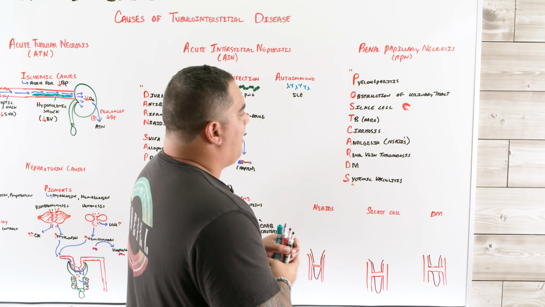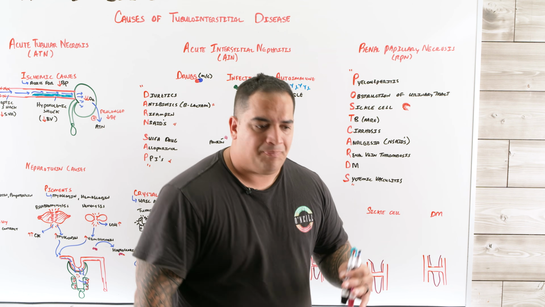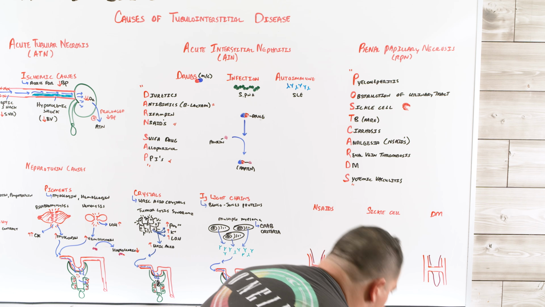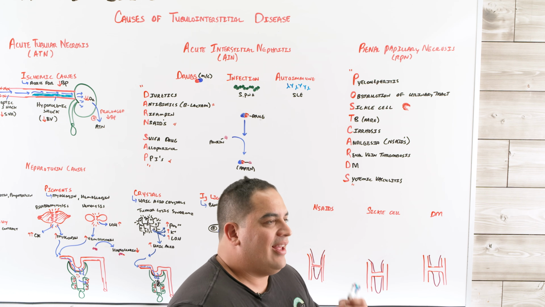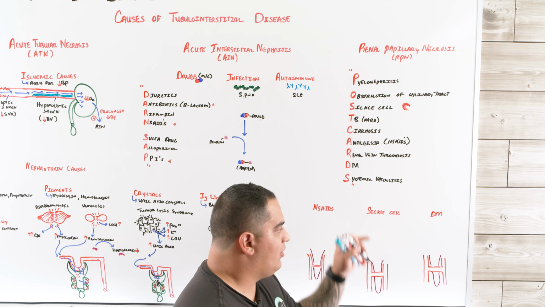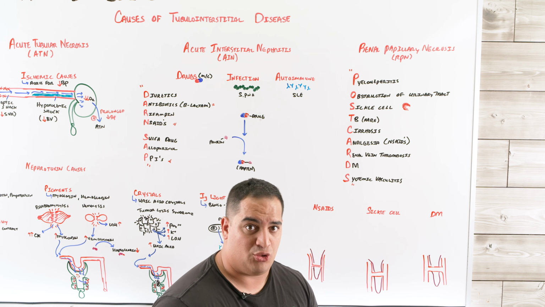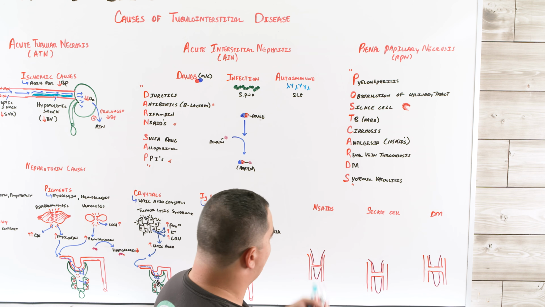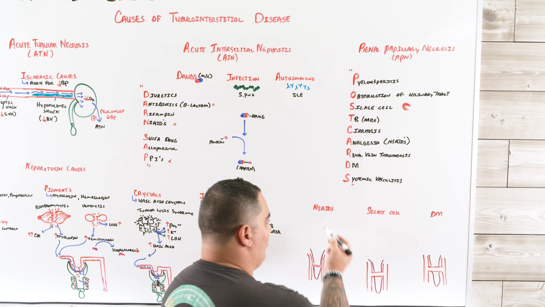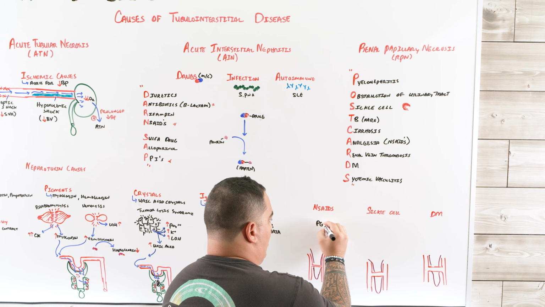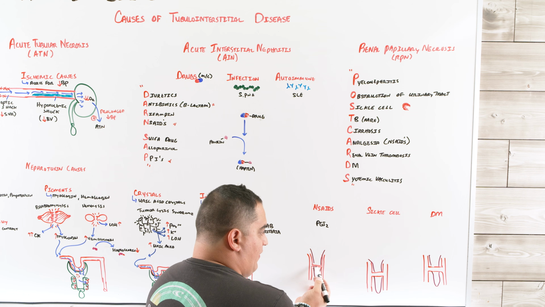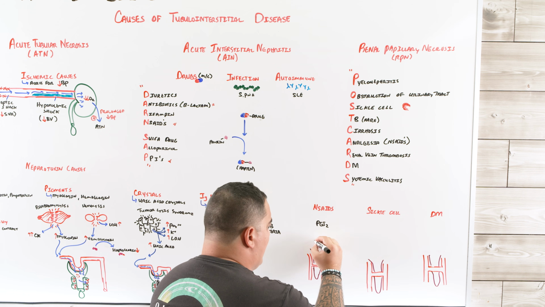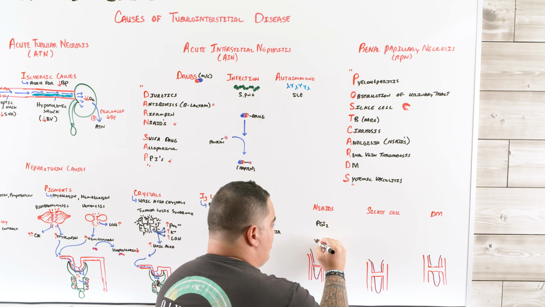So out of these, which are the ones that I really want you to think about? The reason is that they have mechanisms that you could be tested on, but also, if you think about patients who have underlying diseases, you want to think about the ones that are treatable, right? NSAIDs, the concept behind this is actually kind of cool. NSAIDs work by shutting down prostaglandin I2. You're supposed to cause vasodilation of these renal vessels, especially the vasa recta. If you have less PGI2, it's going to cause less vasodilation and instead cause